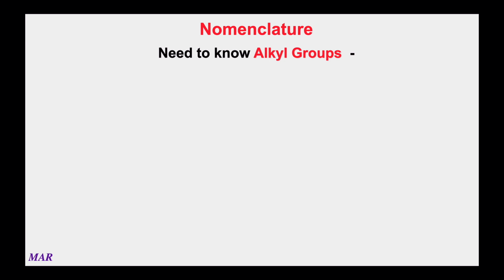When it comes to the naming of organic chemistry, you must start at what's called the alkyl groups. And alkyl groups are like building blocks for making organic chemistry compounds. Alkyl groups are not compounds by themselves. You have to add something to them to make them a compound. But these alkyl groups are in everything, and a lot of the naming we're going to do is based on the alkyl group. So I do encourage you to pay attention.